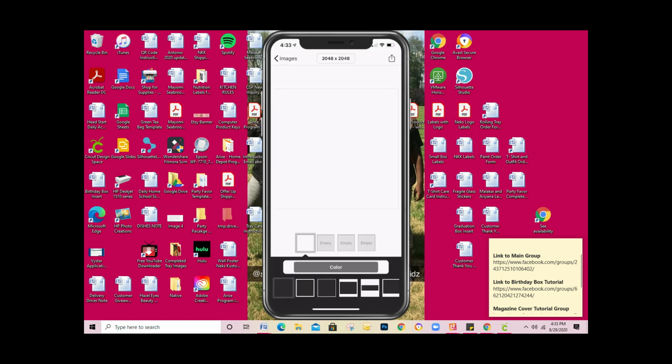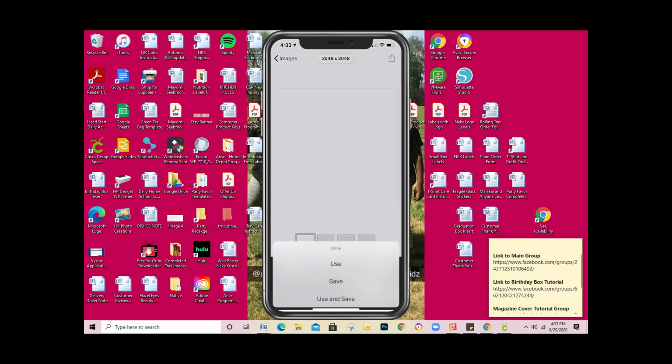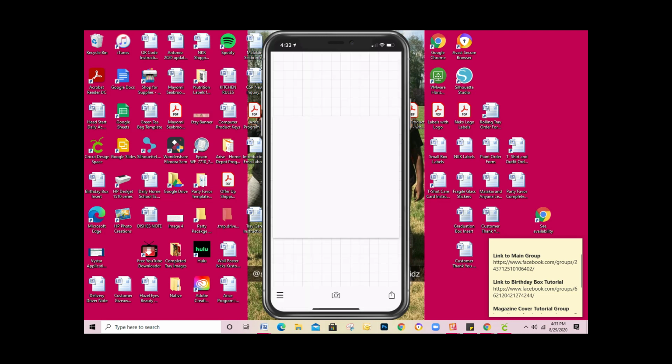Once it opens up, at the top right corner, you're going to click the little upload button, and you're going to hit use. Alright, once you hit use, it is going to bring you to this white template to get started. So you just click on it one time. It's going to pull up the words add text. Once you do that,